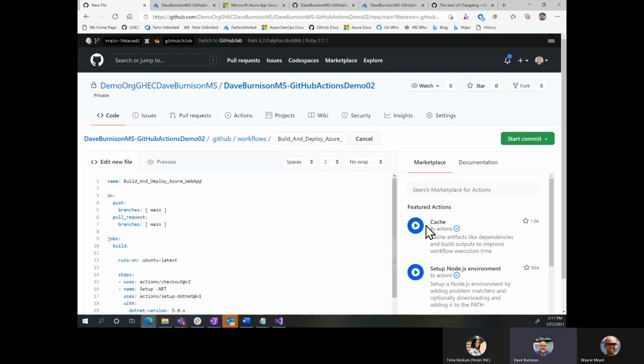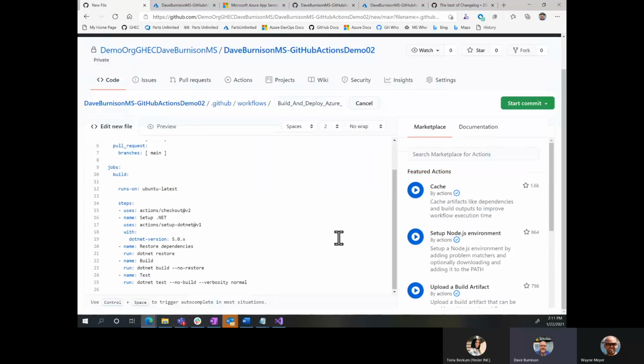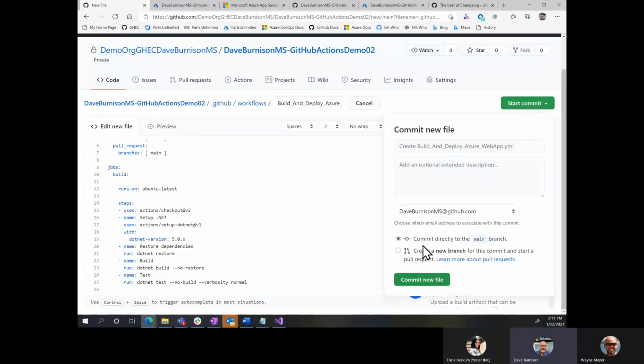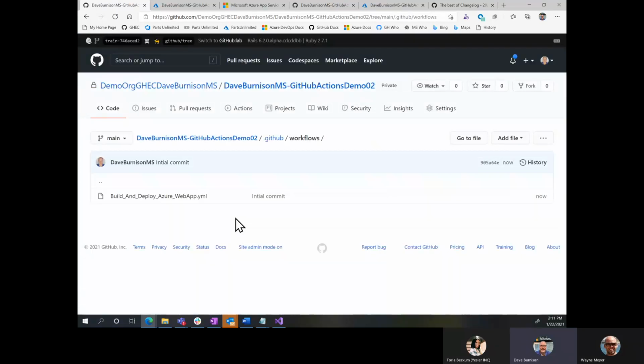and we're going to name this build and deploy app. It looks like this gave us something we can start with, but I can pull other actions and things in from the marketplace, and we'll talk about that as this is building and running here. So, initial commit, and I'm not going to worry about typos, just to prove this is live, this is real.